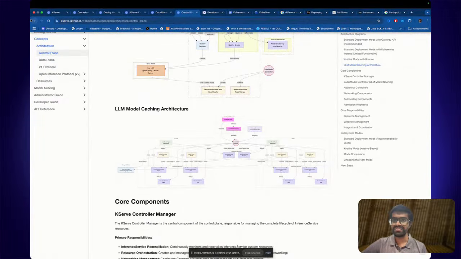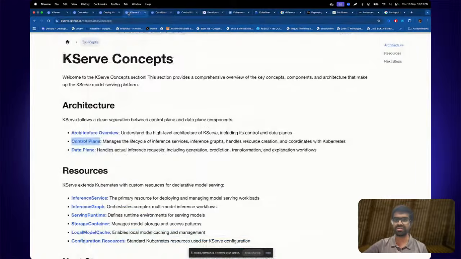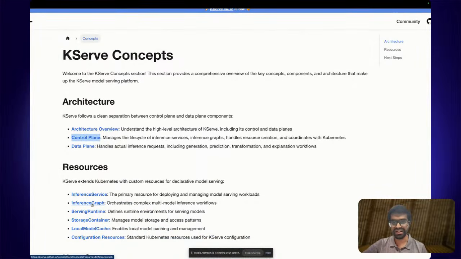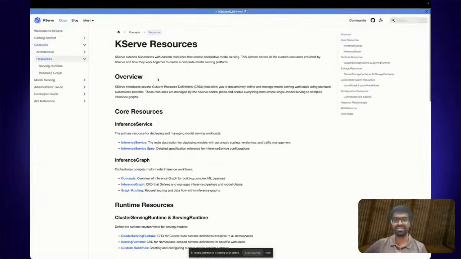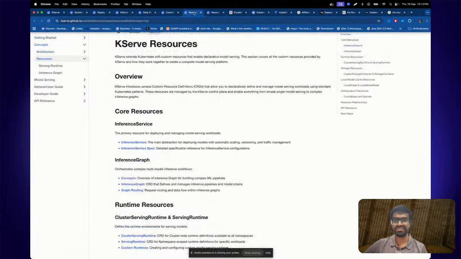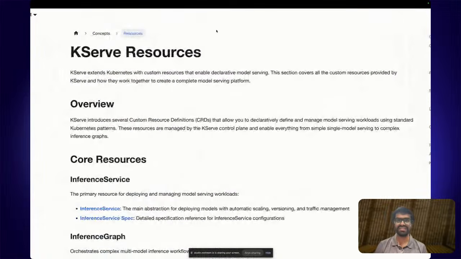One thing I'm more curious about is this particular term we came across, the inference graph. I think inference service is pretty self-explanatory. Within KServe, because it's a CRD, KServe has its own CRDs that declare how the model serving works.